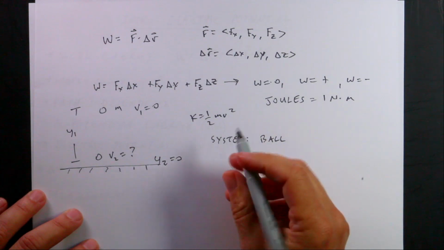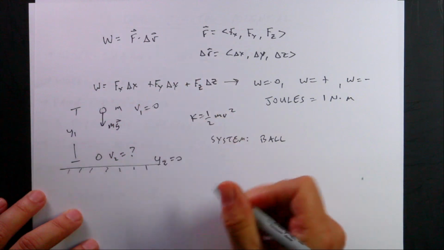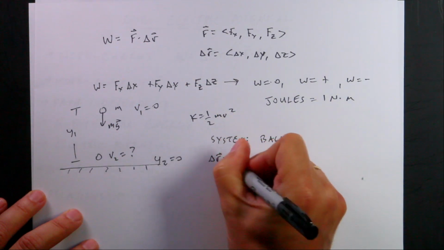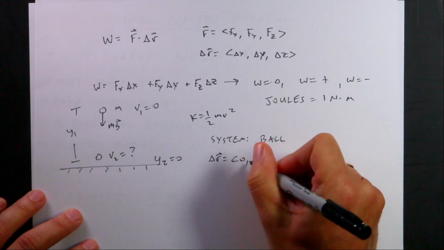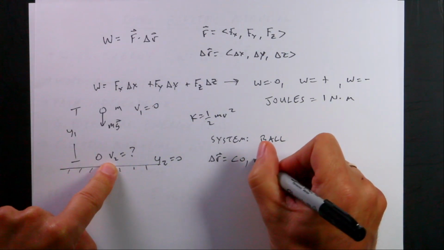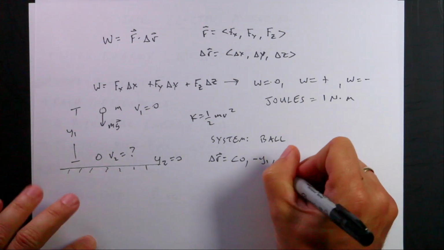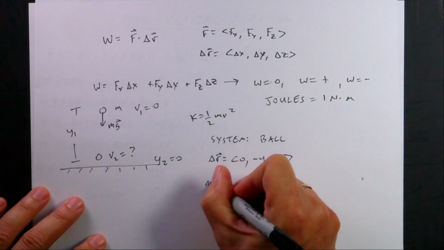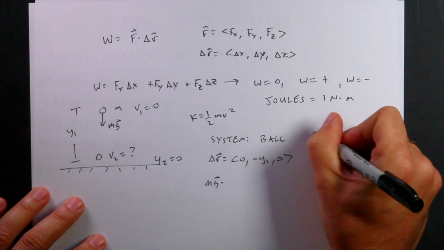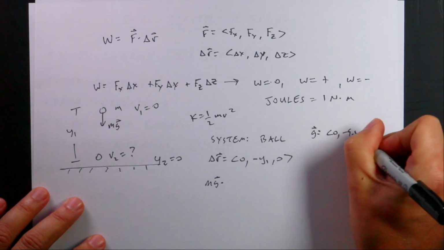And I can calculate the work done by the gravitational force, mg. So I have my displacement delta r is going to be 0 in the x direction. And the final y is going to be 0. So negative y1 is the displacement in the y direction, and then 0. So mg, and then g is 0, negative 9.80